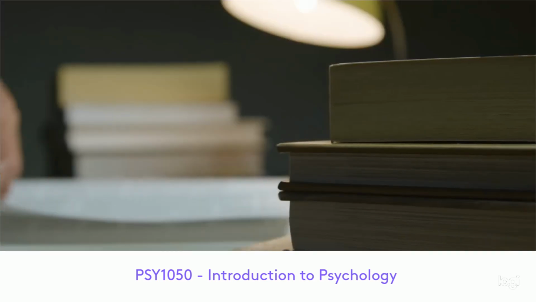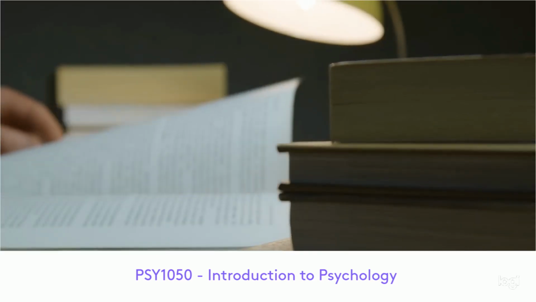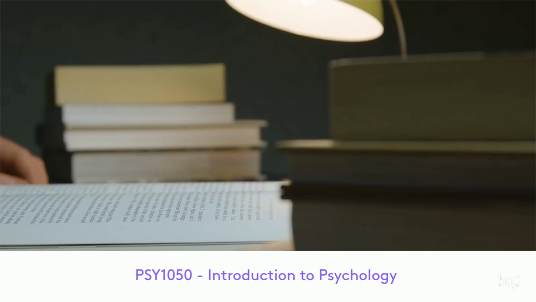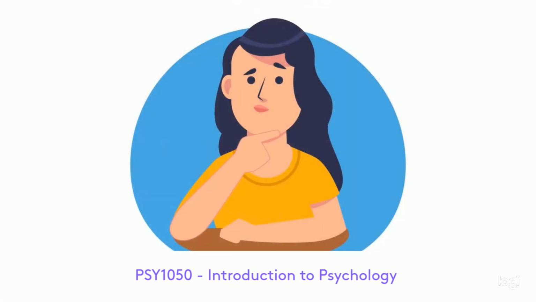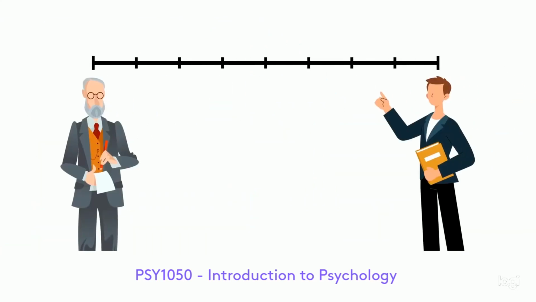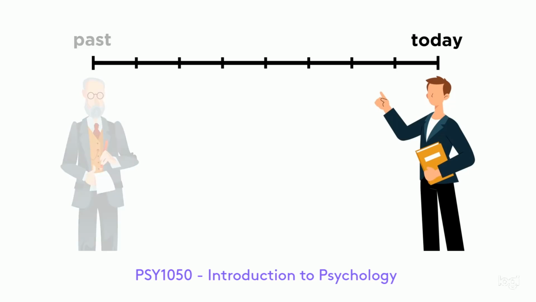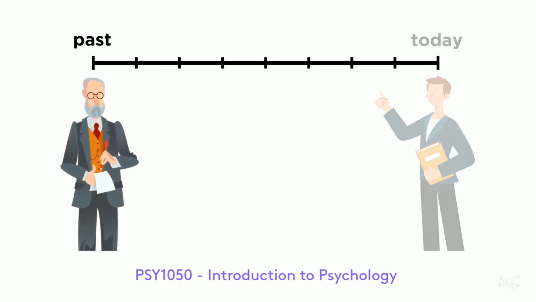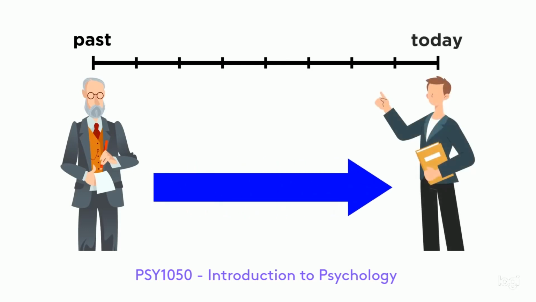If we are going to learn psychology, we actually have to start with a little bit of history first. Now, you may be wondering why a psychology series is starting with a history lesson. Well, it turns out that what we consider to be psychology today is very different than what was considered to be psychology in the past. We will be focusing mainly on modern psychology in this series, but knowing the history of psychology will give us a better understanding of the influences that shaped psychology into the field of study that it is today.